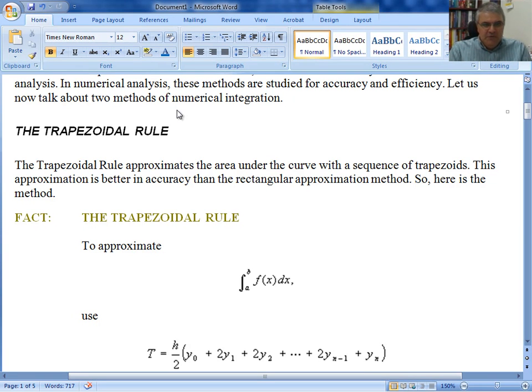Let's talk about the trapezoidal rule in this recording. We are going to use the trapezoidal rule to calculate the area. In many cases, we may have a curve and a graph, and we would like to calculate the area under that graph, or in case we have more than one graph, we may want to calculate the